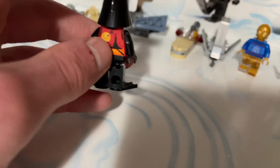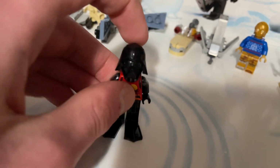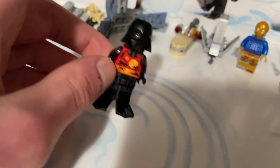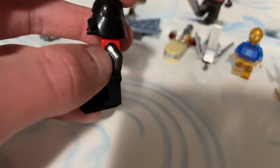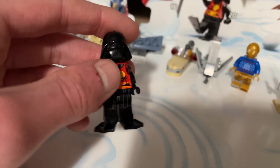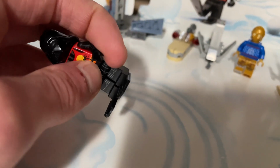Don't get me wrong, it is a cool figure, but it has nothing to do with Christmas, so I'm a little confused why this was included in the advent calendar, but it's cool. I'll take it. I like the figure. I really like that they included the arm printing that Darth Vader has. Really smart on Lego's part. Well, not even smart, I'm glad that Lego included it. Super cool. So, in review, I would say that the first half